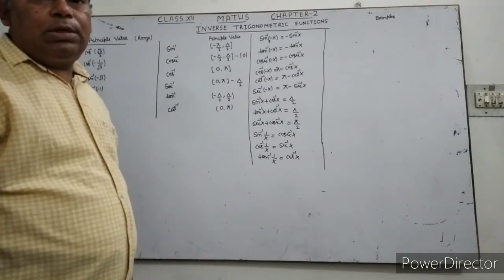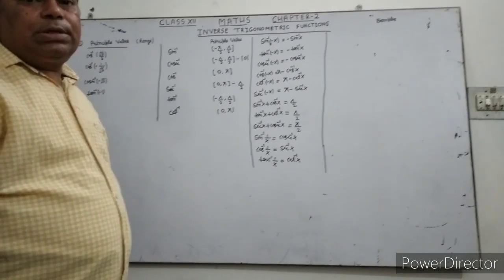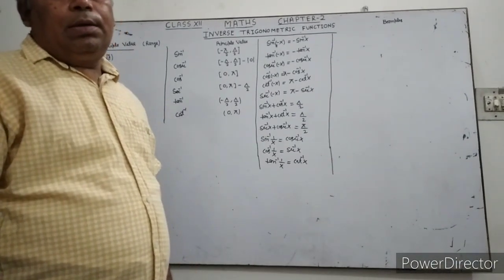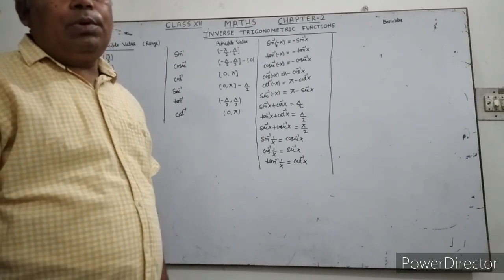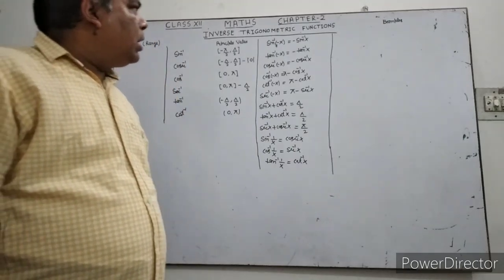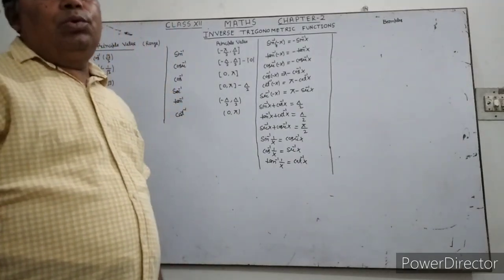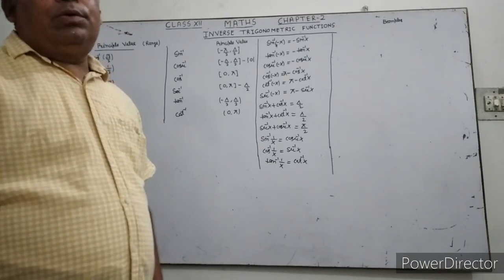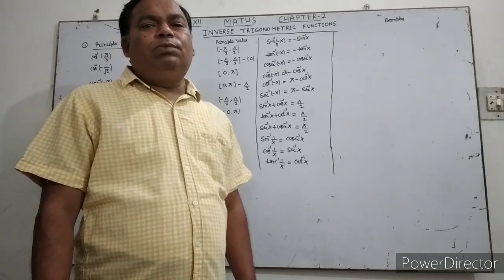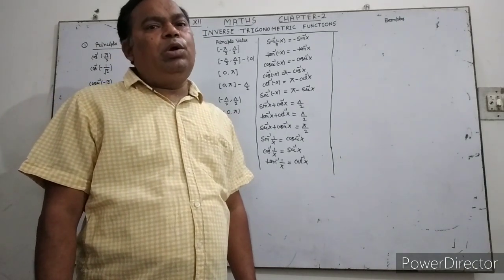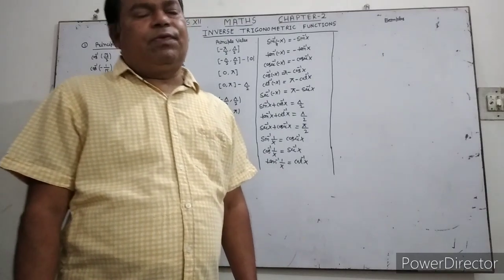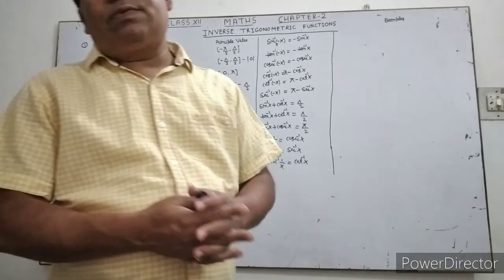My dear class 12th students, today we discuss chapter 2. It is a very small chapter, and I think one question comes in the exam, for 3 or 4 marks. In class 11th, you know what is the domain, what is the range, what is a one-one function and what is an onto function. Now the topic is: what is the inverse function?